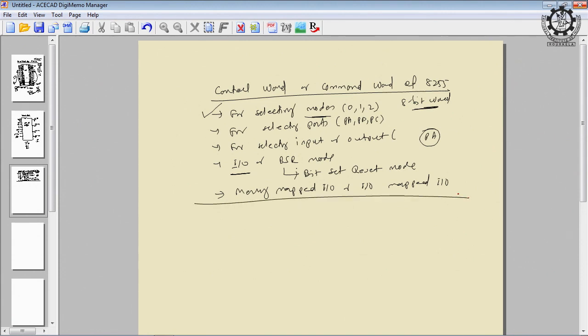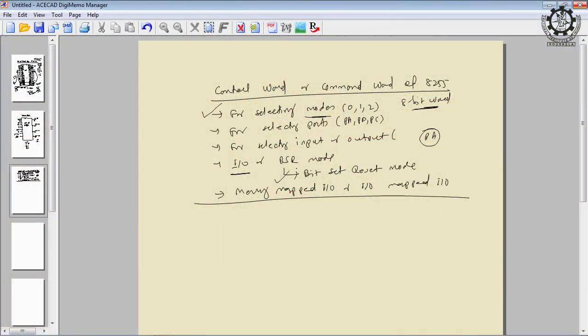Because each of these devices, whatever we are discussing, can be interfaced either using memory mapped IO or using IO mapped IO, right. And you know what is the difference between memory mapped IO and IO mapped IO. In IO mapped IO, we generate an exclusive 8-bit address to identify a device, but in memory mapped IO, we assume that the device address is stored in a memory location, and whenever you want to select a device, you access a particular location where this address is available. That is the only difference between memory mapped IO and IO mapped IO. Okay. So, how is the 8-bit control word organized?